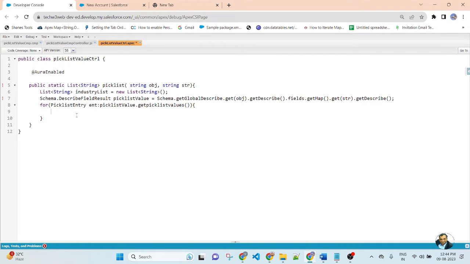Copy this name, dot add, this variable name, dot getLabel. After the loop, this list of string will be returned. So return this list, semicolon, and save the file.